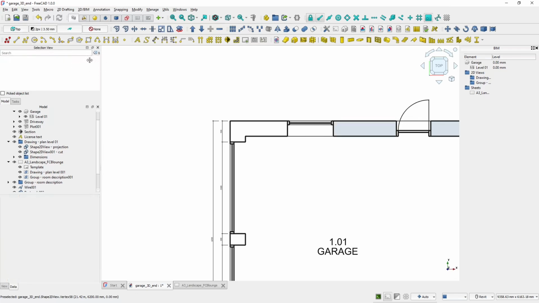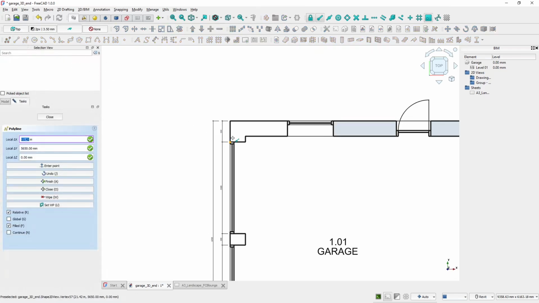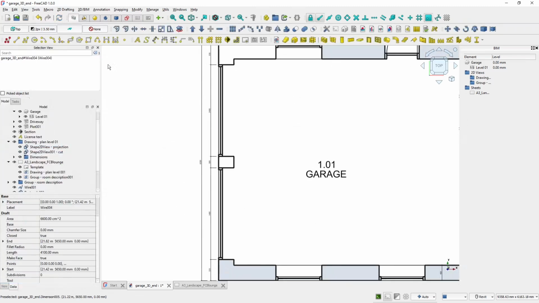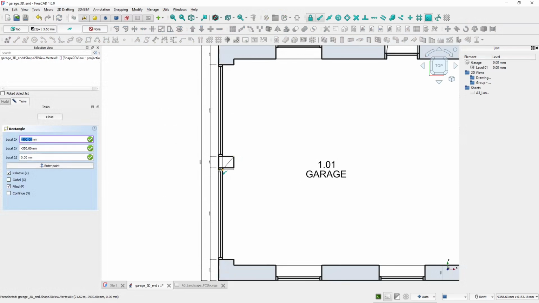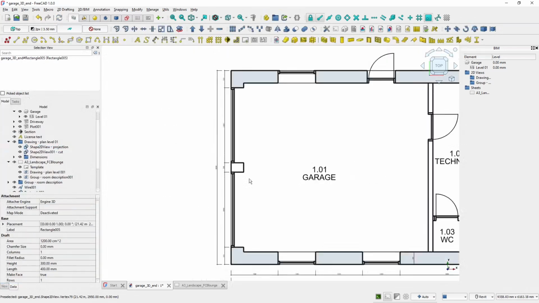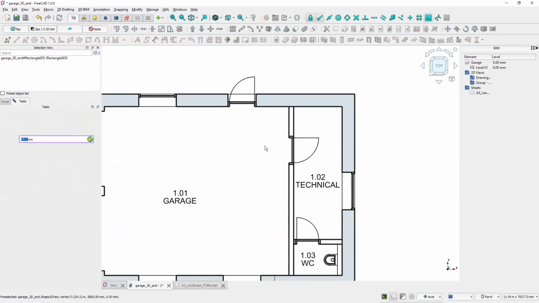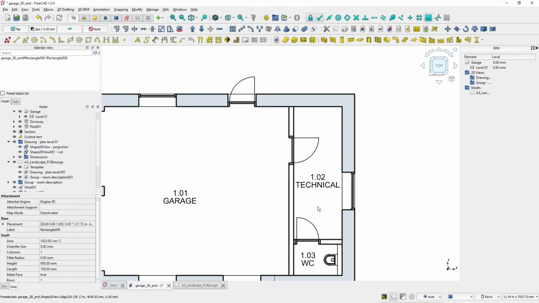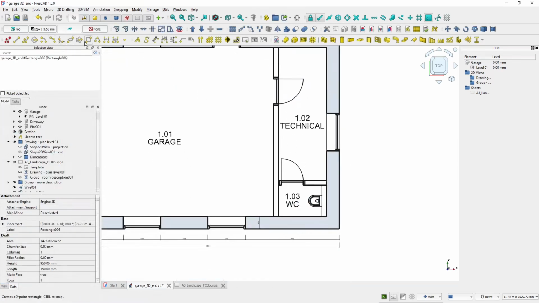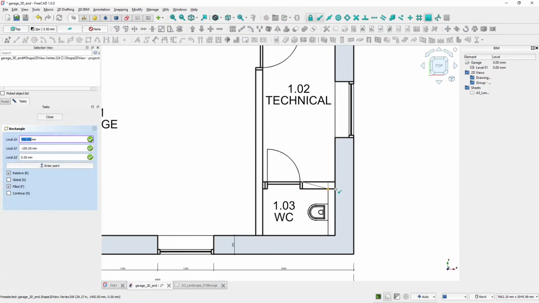So again, I'll click here, here, here, here, here, here, and close. And this one like this, rectangle, and I also want to have hatches here and here, so I will create again a rectangle like this, and a rectangle like this,